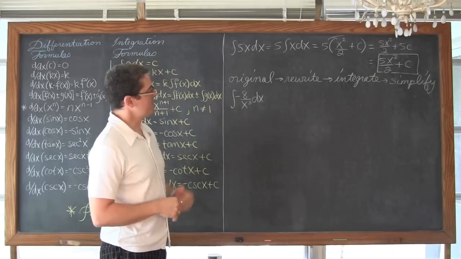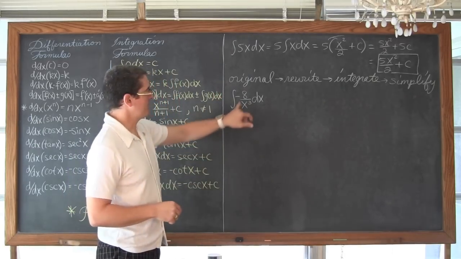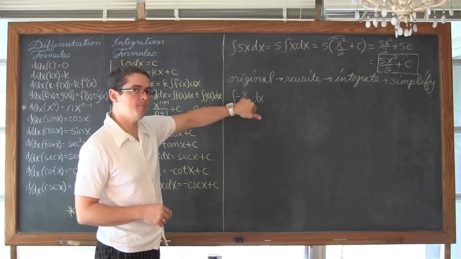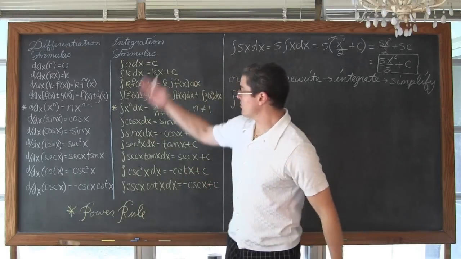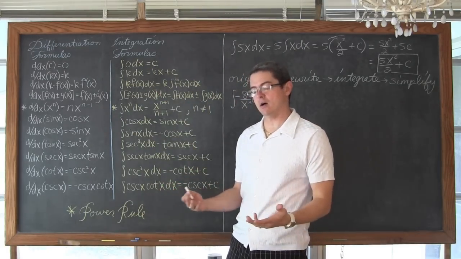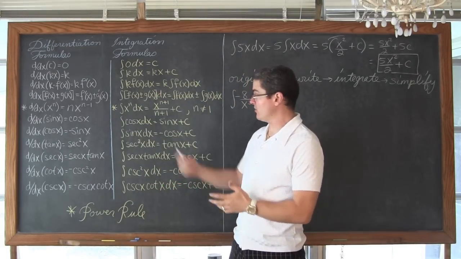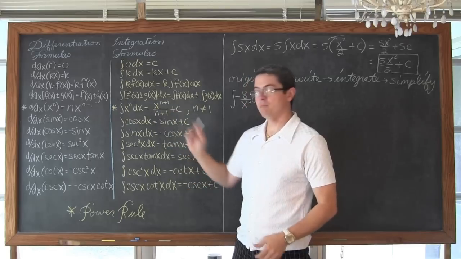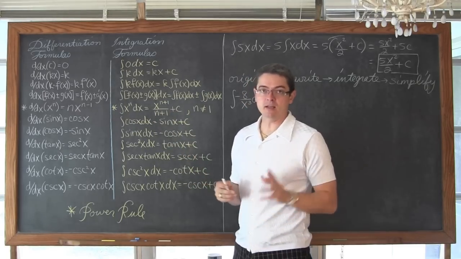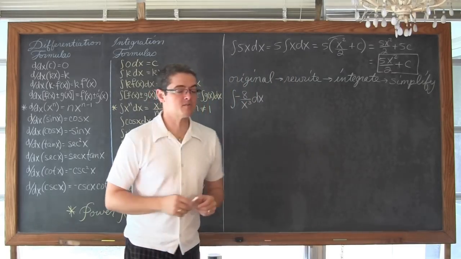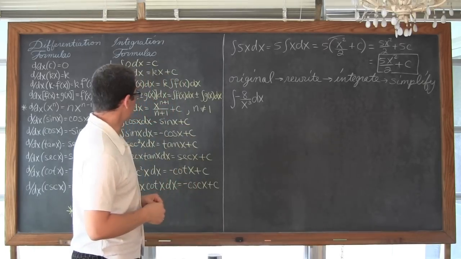So when we see negative 8 over x cubed, this is a quotient here, right? We don't have a quotient property over here. We don't have a product property either. We only have the power rule. So I need to get this into some kind of format that allows me to use that power rule.